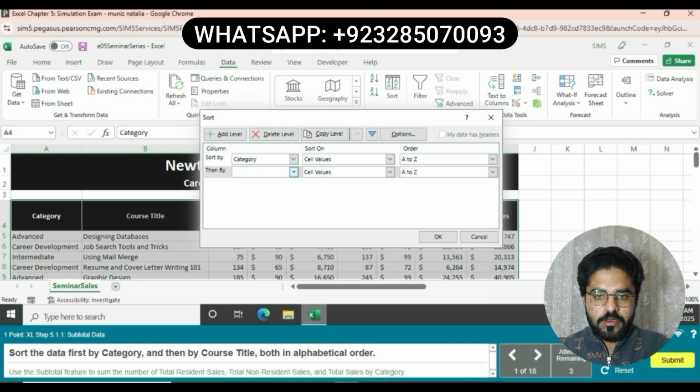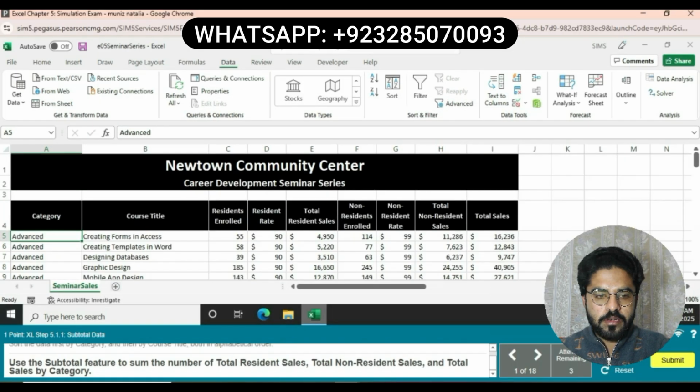Select course title in both alphabetical order, then press OK. The question is completed now. The next is: use the subtotal feature to sum the number of total resident sales, total non-resident sales and total sales by category. Then go to the Data tab,